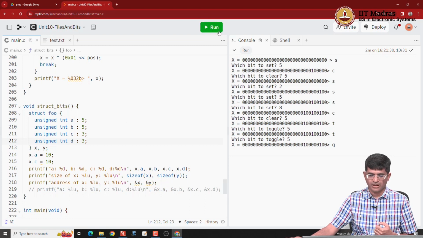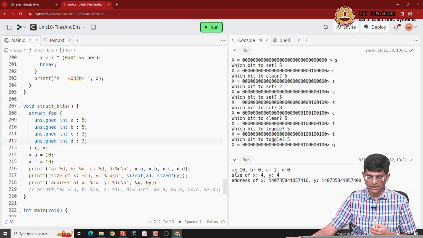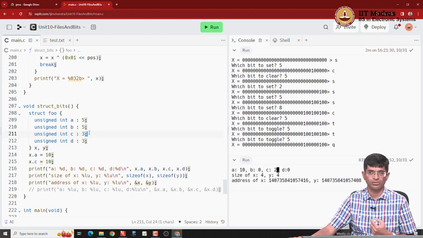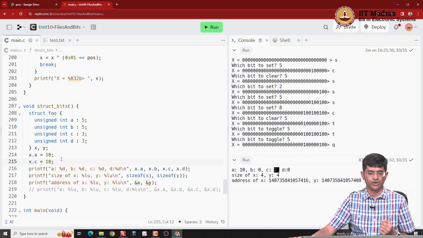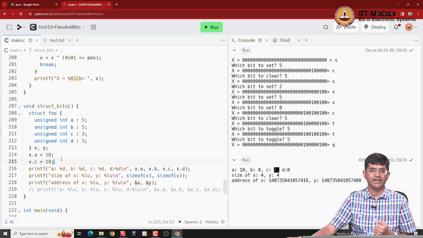right? And if I go ahead and run this, I find that A gets the value 10 which I assigned to it, C got a value 2. Now why did that happen? Because the number 10 is actually 1010 in binary, but C is only a 3-bit value. So it only got the bottom 3 bits 0, 1, 0, which has the value 2, right? So internally C has automatically taken care of ensuring that my data structure is using only the appropriate bits that